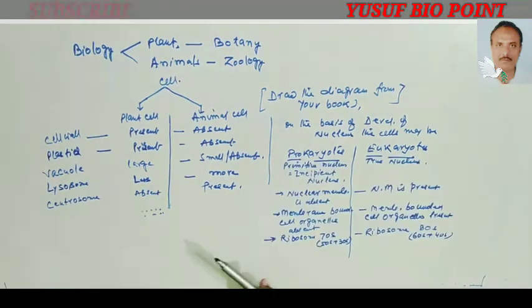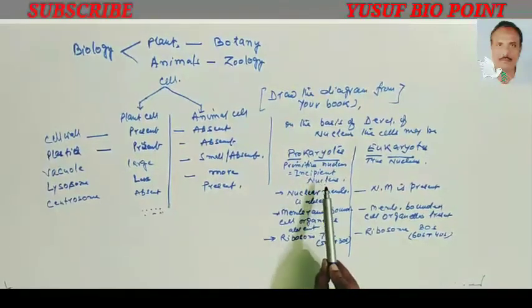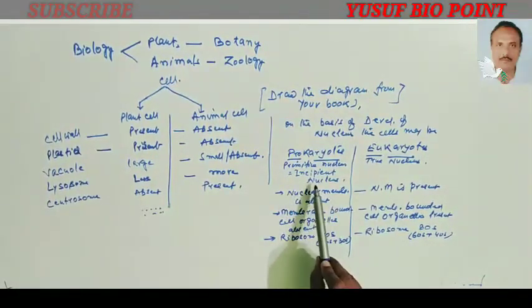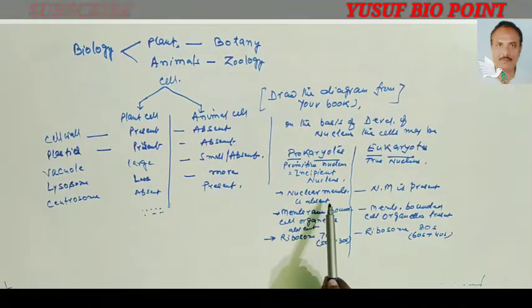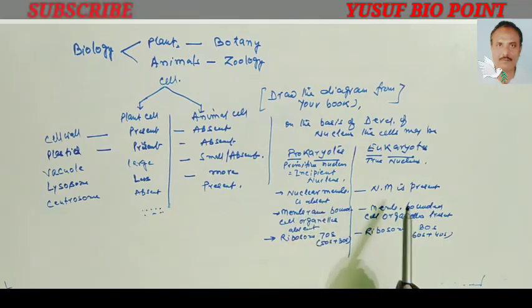Prokaryote means primitive nucleus, that is an incipient nucleus, because the nuclear membrane is absent. The nucleus is not bounded by any membrane. That's why it is called incipient, because all the nuclear contents are scattered, while in eukaryotes